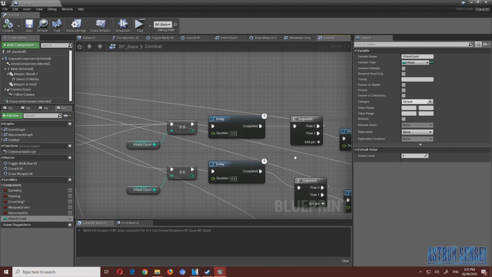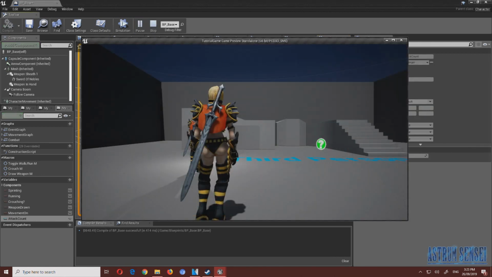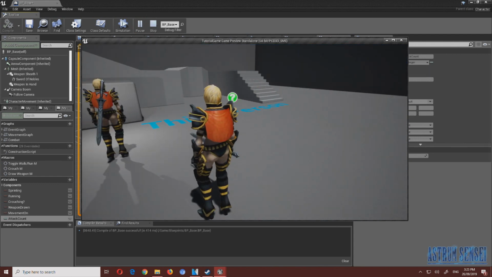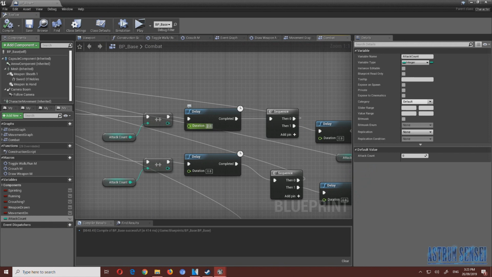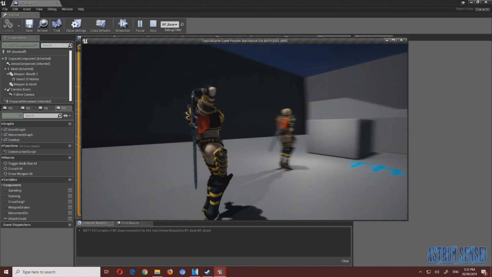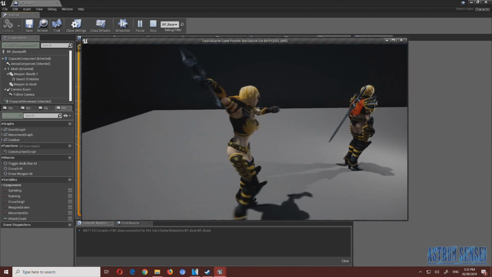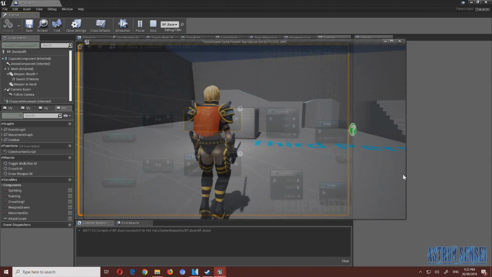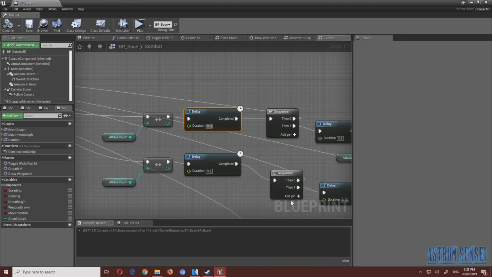Now don't follow this part, I'm just messing with stuff to find out what my problem is. Nope, that's definitely not it. Well, yeah, it partly is, but it isn't. So I'm just gonna keep it 0.8. So this is the delay for the first attack before you can attack again. I think 0.8 is too much for it, so I'm gonna go with 0.6 because